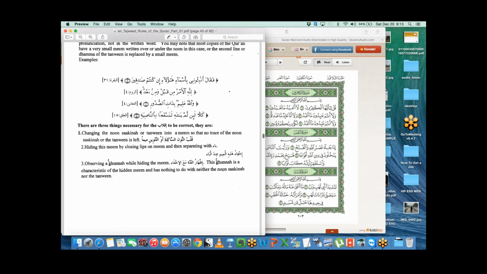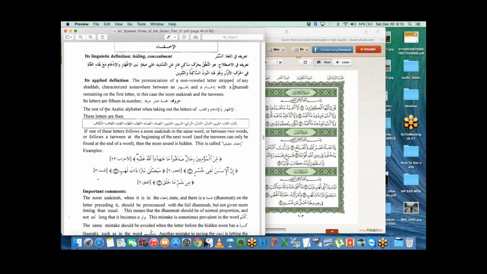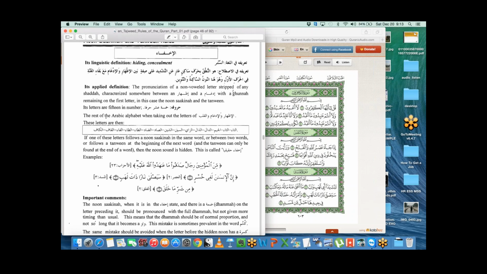And then the last rule, which is for everything else, all the other letters, after you take out the letters from idhar and iqlab and idgham, so 13 letters.